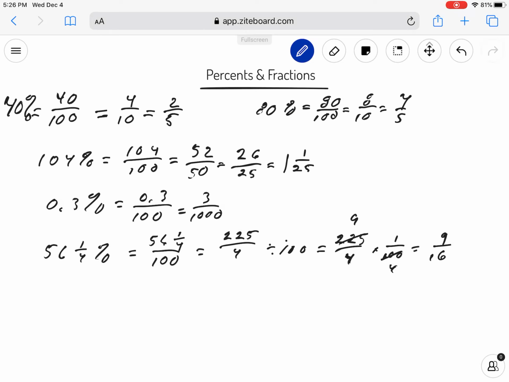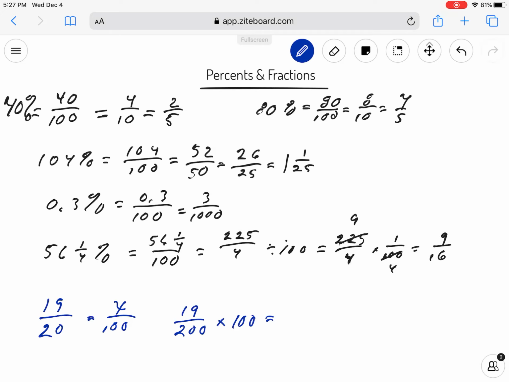We can convert a fraction into a percent. So if I could say 19/20ths, to do that, I want to set up a proportion where the denominator is 100, okay? And then I simply solve for x. So in this case then, I have 19/20ths times 100, and that would give me